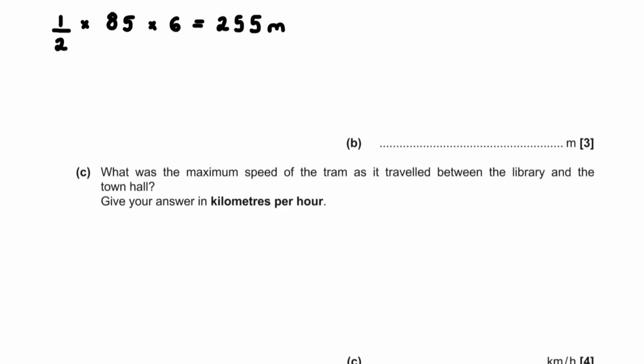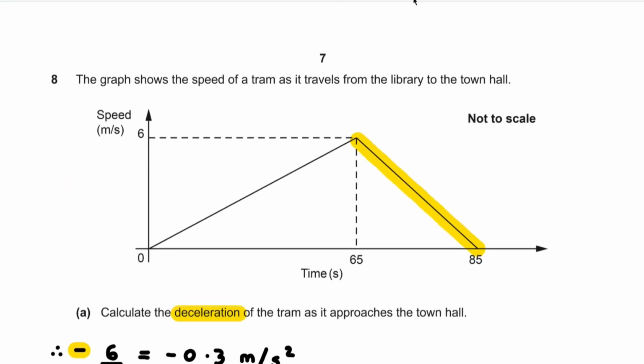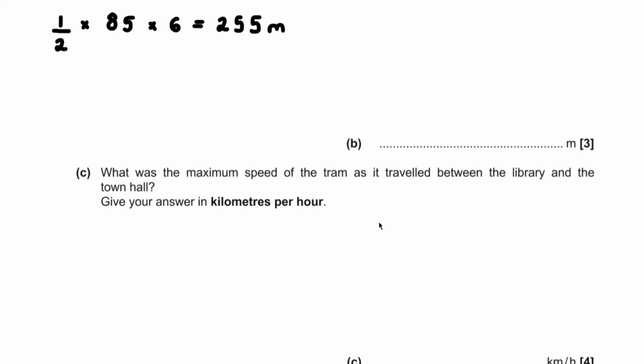Part C. What is the maximum speed of the tram as it travelled between the library and the town hall? Give your answer in kilometers per hour. Well, the maximum speed is where the speed peaks, which is here. So that's where the maximum speed occurs. So therefore, that's given by 6